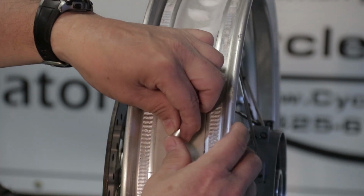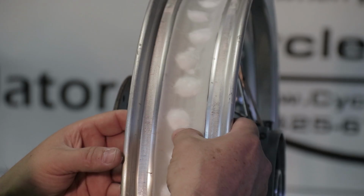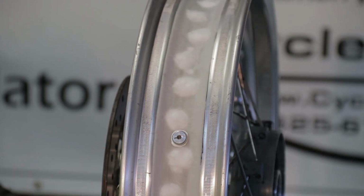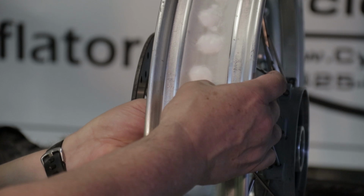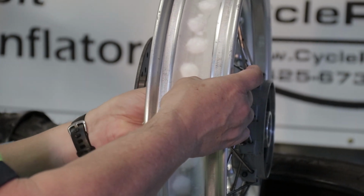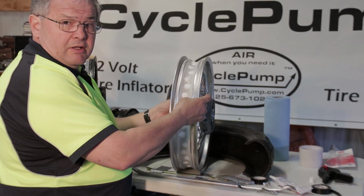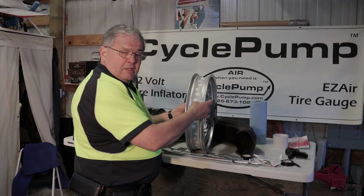So without getting this sealant on my fingers, I've already cut my hole. I press that on, and the sealant squeezes out on all sides. Then it's a matter of taking my lock nut and tightening that down on the far side, and then it's time to mount the tire, put the valve core in, run it up to 50 pounds, let it sit for